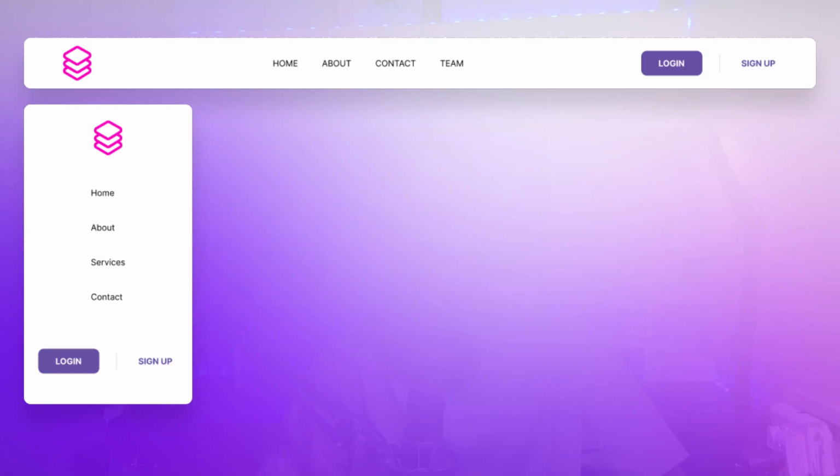Hi, in this video, we are going to learn how to create a simple responsive navigation bar which fits on